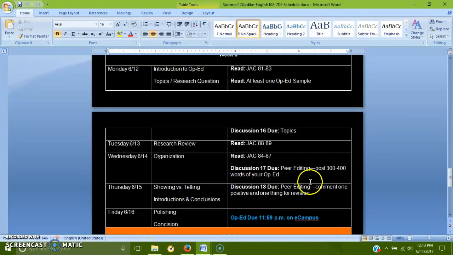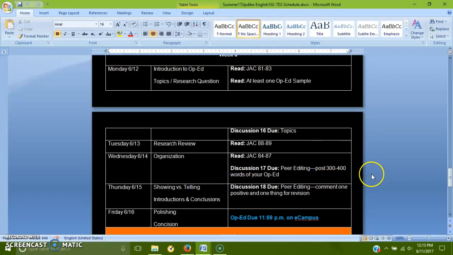So for this video, I'm going to focus on the lifeguarding paper because we're going to look at the structure very briefly to help you get an idea of organization and structure, which is tomorrow's video. As you can see here, there are a couple of ways that Jack introduces in terms of organization, and then for your peer review, which is discussion 17 due tomorrow at 6 p.m.,